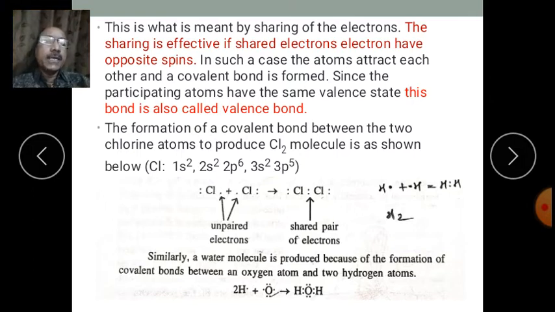In case of oxygen, the atomic number is 8, there are 6 electrons in the outermost orbit. In order to complete the octet, it requires 2 more electrons. So the oxygen shares two electrons with two hydrogen atoms. Here you can see this oxygen atom shares two electrons with the two hydrogen atoms